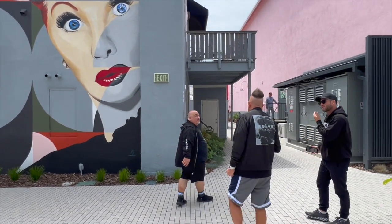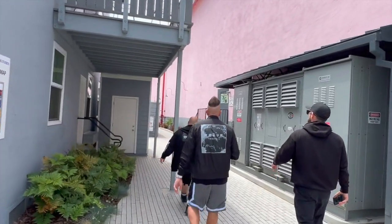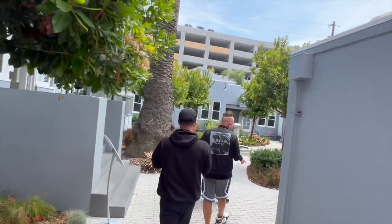Does this your bedroom? No. And they started to do like when